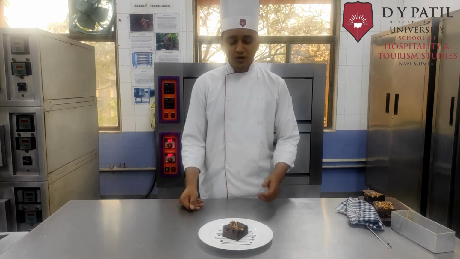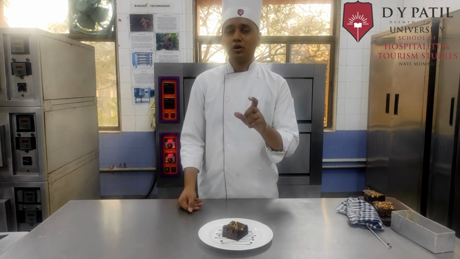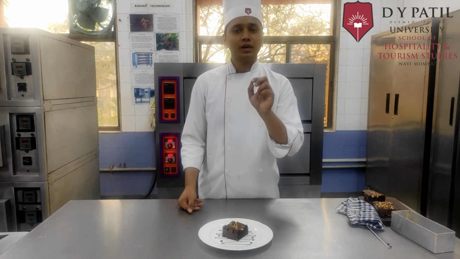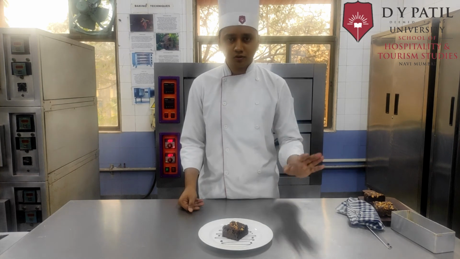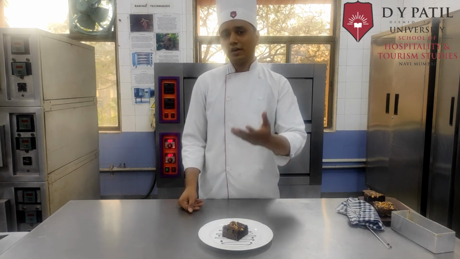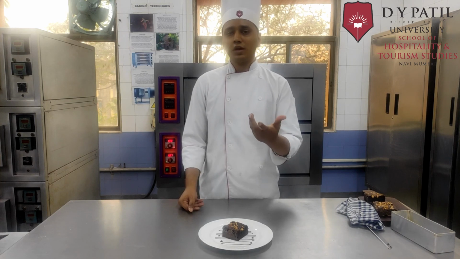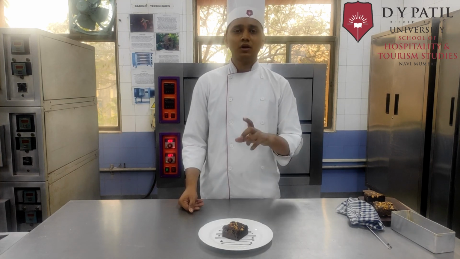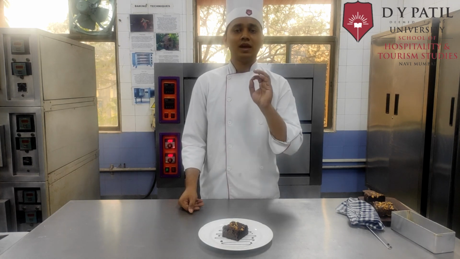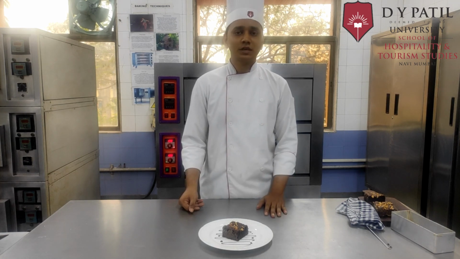Okay, and yes, whenever you are serving, make sure you serve it hot with chilled ice cream. The combination is very good. Okay, chilled ice cream but vanilla flavor. Don't use chocolate. Yes, it totally depends on you. If you like chocolate, you can use it. But if you ask me, I'll suggest you eat this brownie with vanilla ice cream. That will be the best thing.